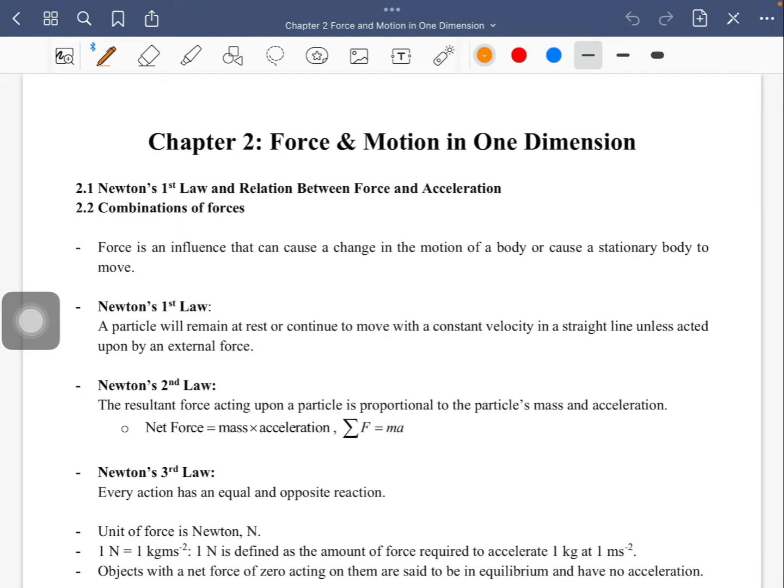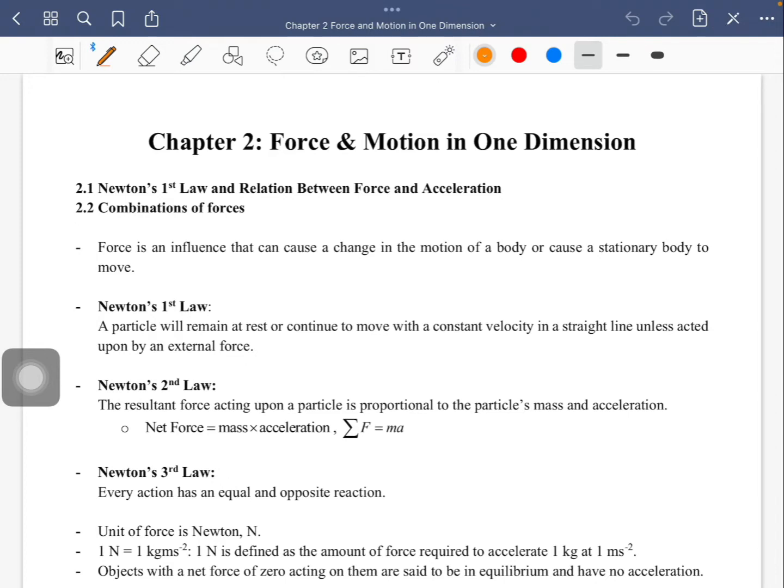When we discuss force, there are three Newton's laws, very important here. The first Newton's law talks about a particle that will remain at rest or continue to move with a constant velocity in a straight line unless acted upon by an external force. Very simple to understand this law. If you have an object, for example, on the horizontal floor, and no force acts on it, the object will remain at rest. And if the object moves with a constant velocity, it will continue forever and forever